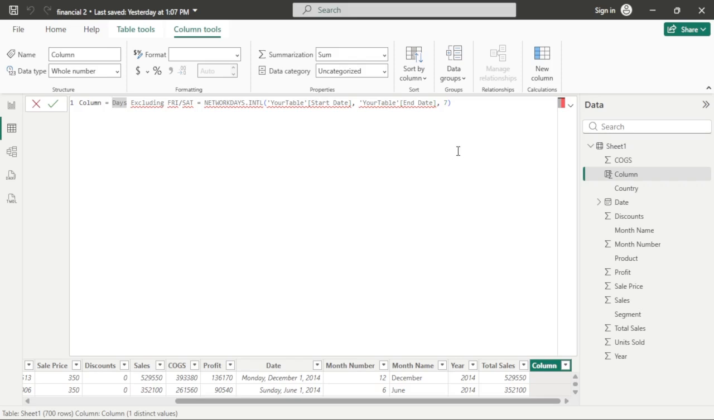Days excluding FRISAT equals NETWORKDAYS.INTL(your table[start date], your table[end date], 7). Important, before you press enter, make sure you replace the placeholder, your table, with the exact